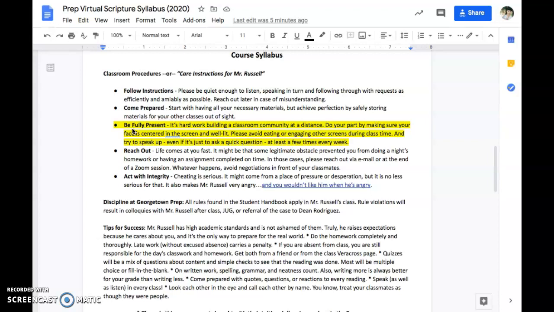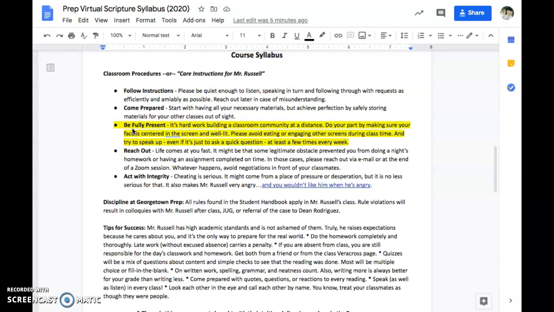And so what does that mean? It means making sure that your face is fully visible in the Zoom room. It means avoid doing any kinds of things that are going to distract from people's focus. And it means you have to try to speak up, right? It's easy to sort of sit back and let the screen do the work for you, but I'm going to really encourage you in the strongest possible way to try to insert your voice into the conversation as much as possible. If every one of us commits to trying to say something, we have a much better chance of actually